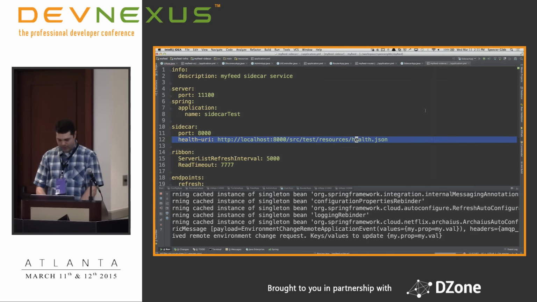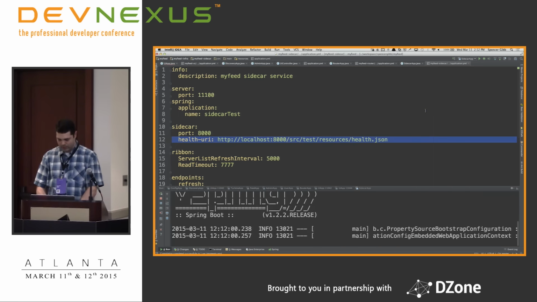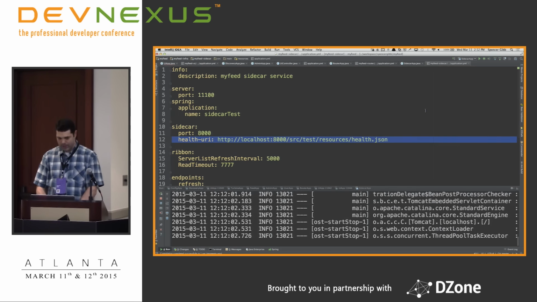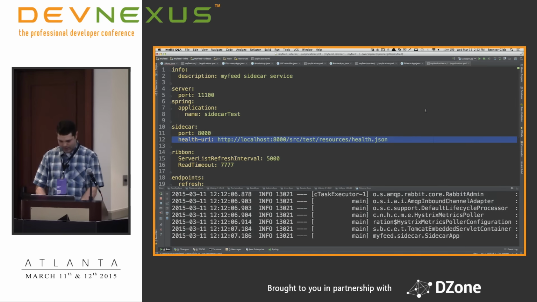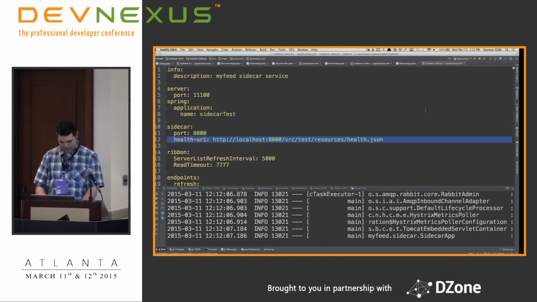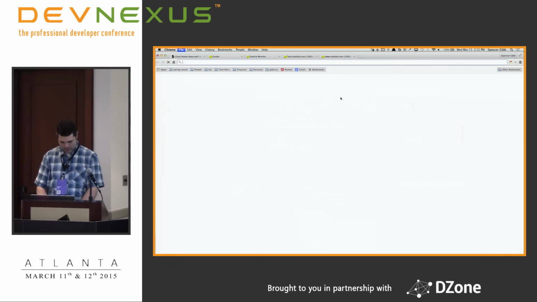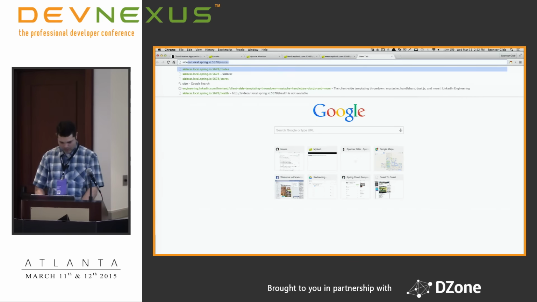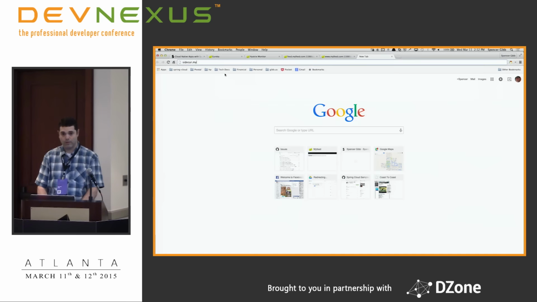But I created a simple REST API to basically act as a pass-through to Ribbon. So you can ask, oh sorry, it's my fingers, sidecar. I don't have that port in my head. Did I see a hand?